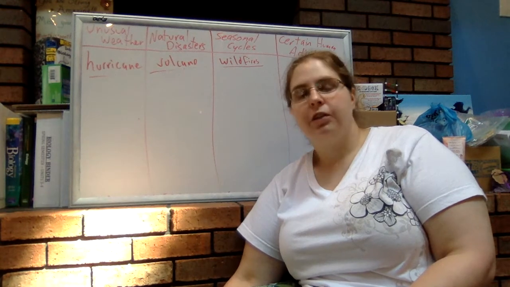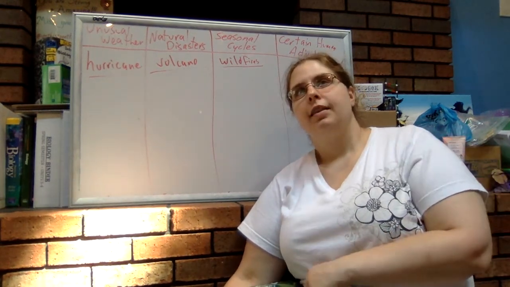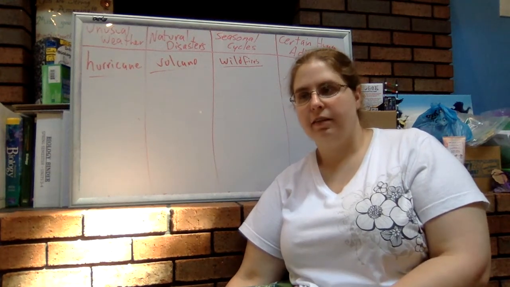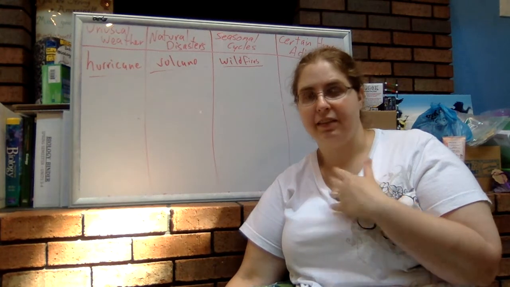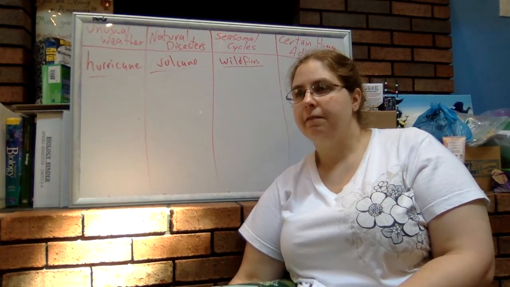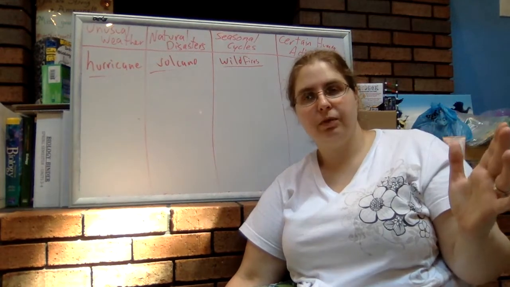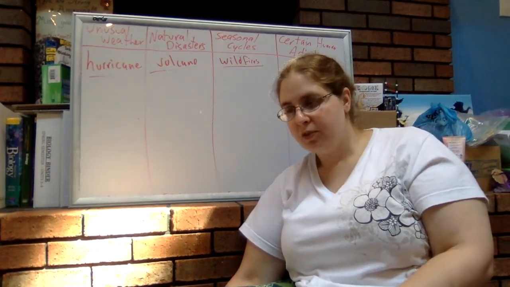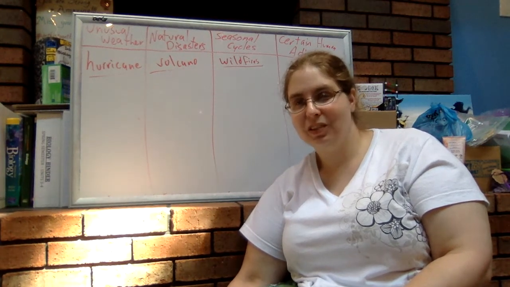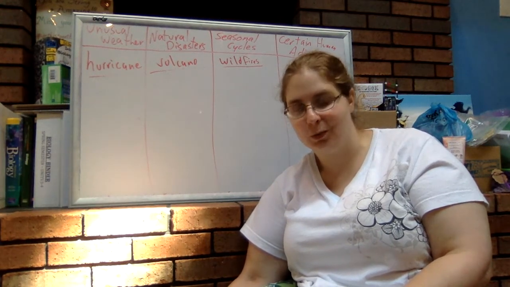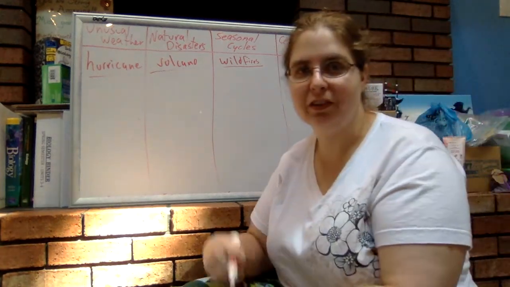But a couple years ago, there was one so bad that came up the East Coast that affected all the way over to Morgantown, West Virginia, which is where I lived at the time. And it created storms, all because we were at the very edge of the hurricane. But it created storms and actually resulted in snow before Halloween. And that was unusual. That was very, very unusual. So that's why we say these are unusual weathers.